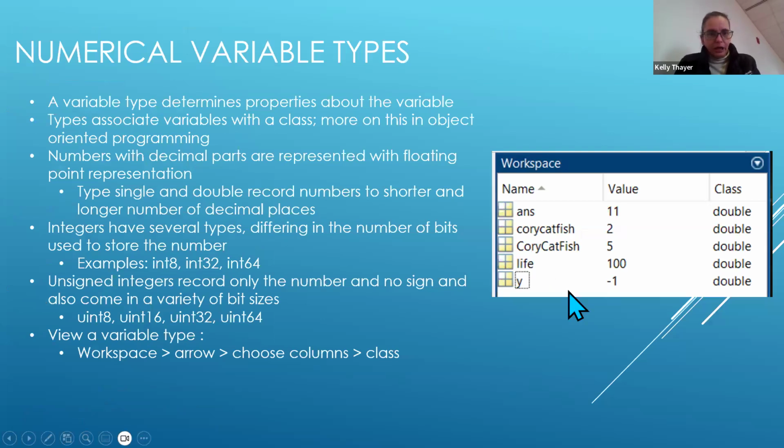There are a number of variable types in MATLAB. A variable type determines the properties of that variable, associating variables with a class. We'll see this in the context of object-oriented programming. So numbers with a decimal part will be floating point. There's single and double precision, which tells how many different places it will count out to. There's 32 and 64-bit, the typical ones that are available. For this class, 32-bit should be fine for most things, but if you do need greater precision, there is